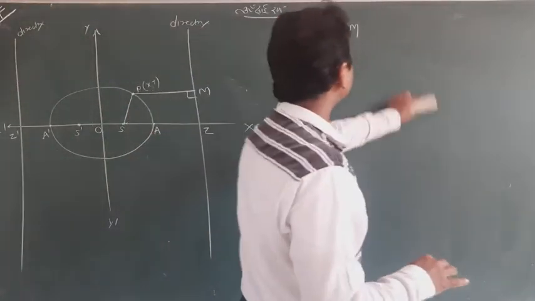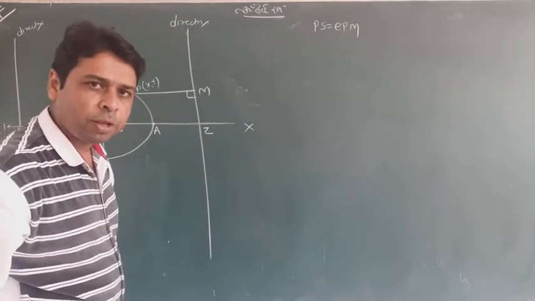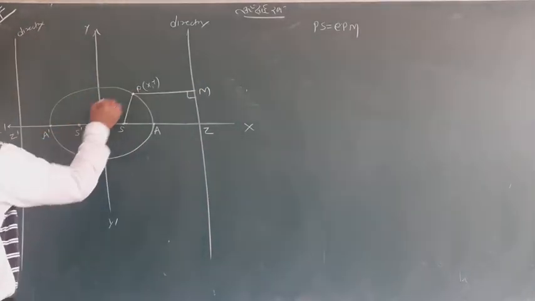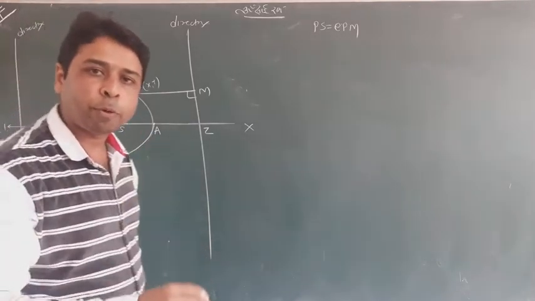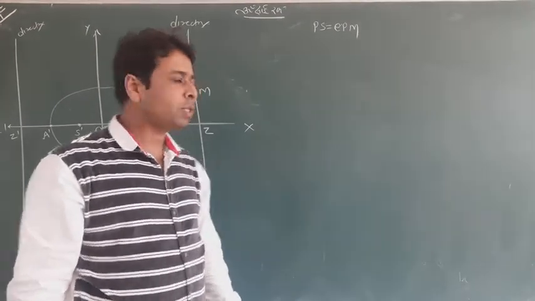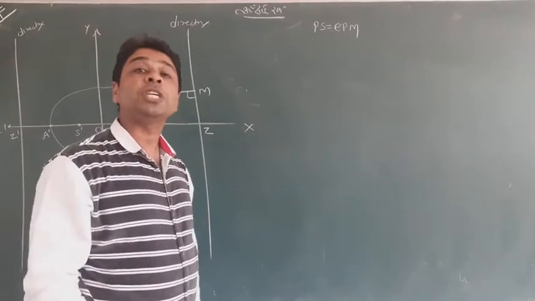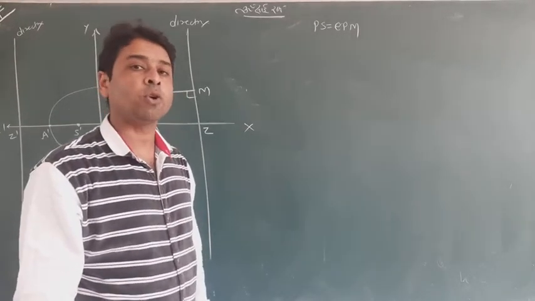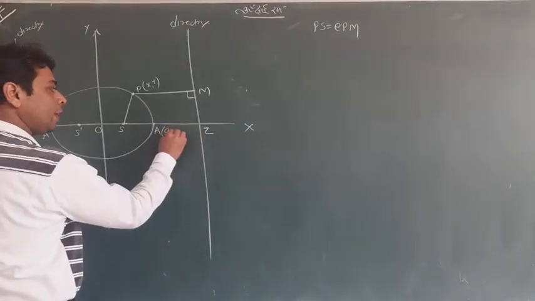When you take PS, you have to compare with PM, which is on the right side of the origin. When you take PS dash, you have to take PM dash, which is the perpendicular distance of the point from the second directrix, the left directrix. So you don't get confused, I am taking a single one. Now, let me tell you some certain coordinates, and you have to remember that this is always A.